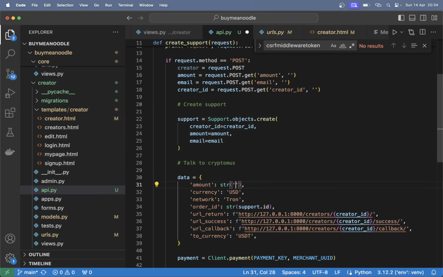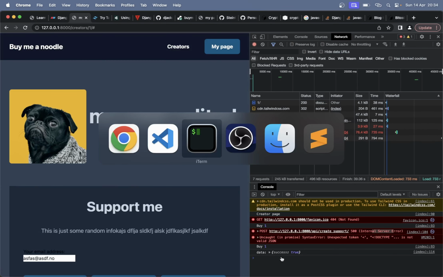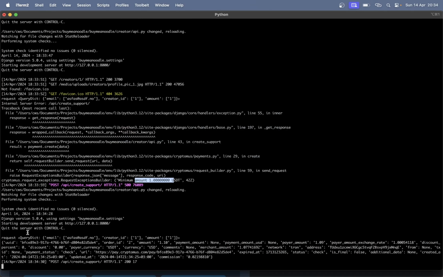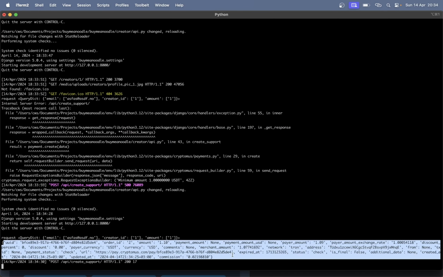So let's say 1.1 instead, just to hard code it for now. Try one more time. Now we got the success message back. So as you can see here now, this is what we sent into the server. This is what we got back from